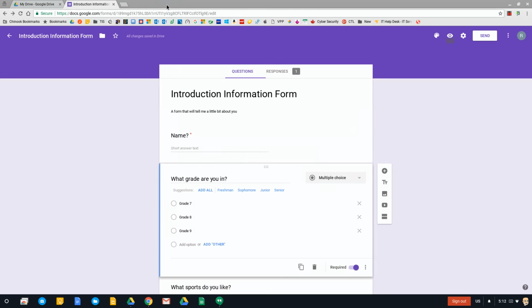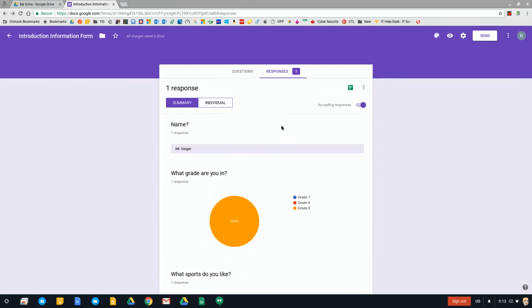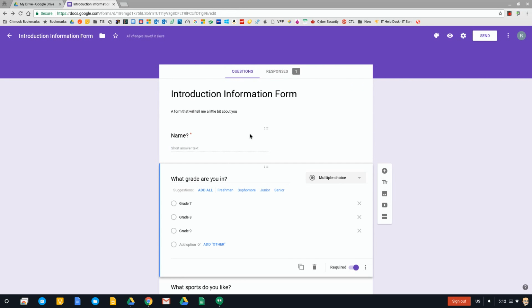Great. Now, if I go back here, we'll see I already have one response. Just like that, I've had a response to my form because I just submitted one. I'll show you all about how to look at those responses in a later tutorial. I won't look into them right now, but you can see that it already makes graphs for me and tells me all of my responses, which is pretty cool. So the last thing I'm going to show you before I call this tutorial to an end,